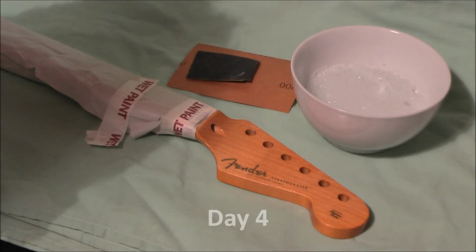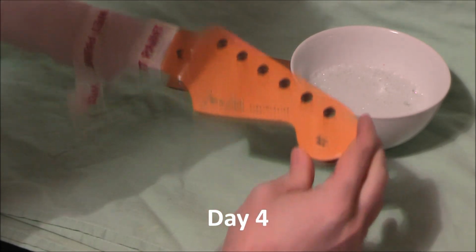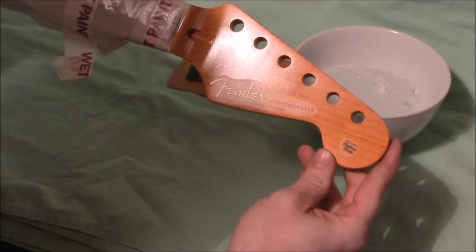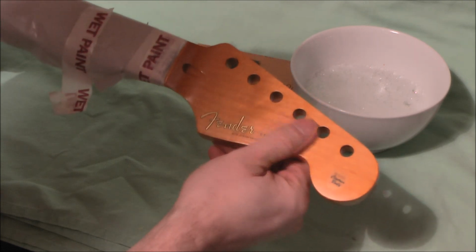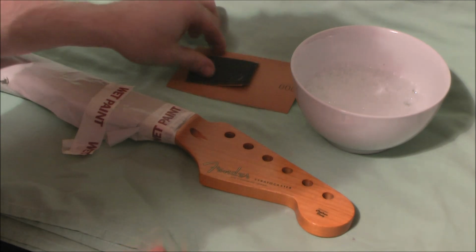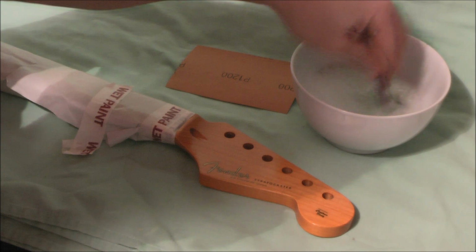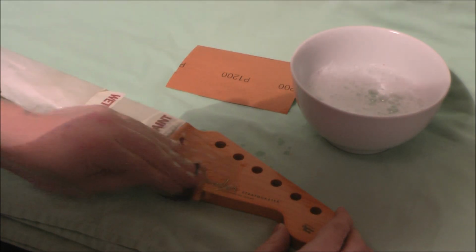Okay, so here we are again. Another three coats of lacquer over the top. You can see that's dried now, slightly opaque again, if you can see that. The bump is starting to disappear now. I can still feel it in certain places, but it's starting to disappear. So I'm just going to repeat the process that we did yesterday and sand this down a little bit more. Again, I've got my warm soapy water there. I'm just going to